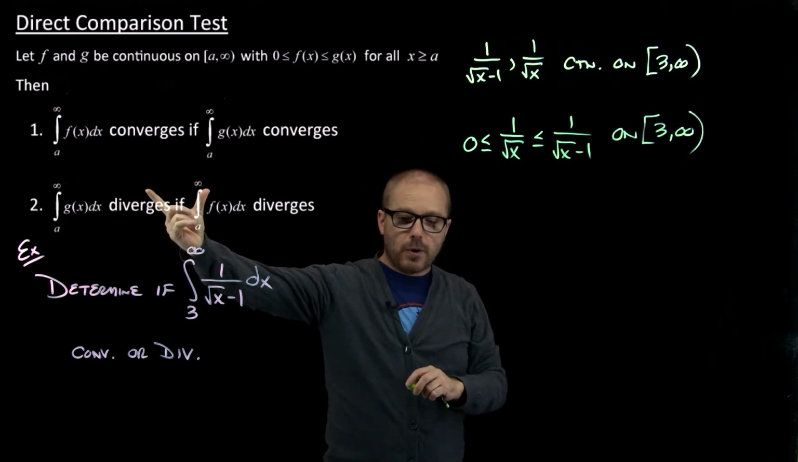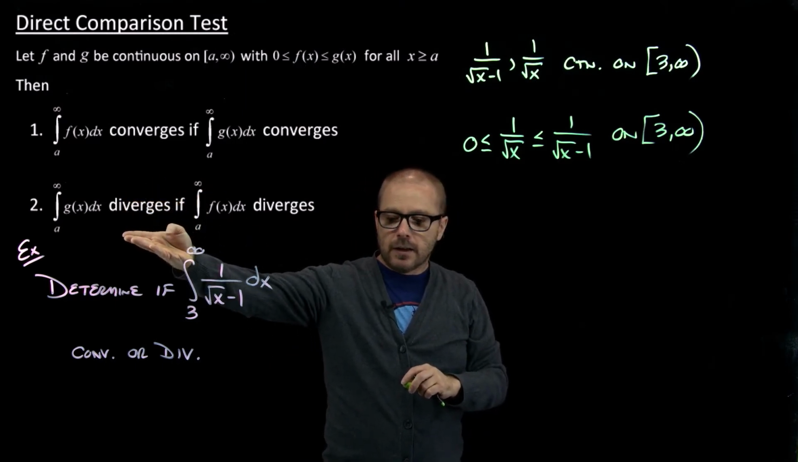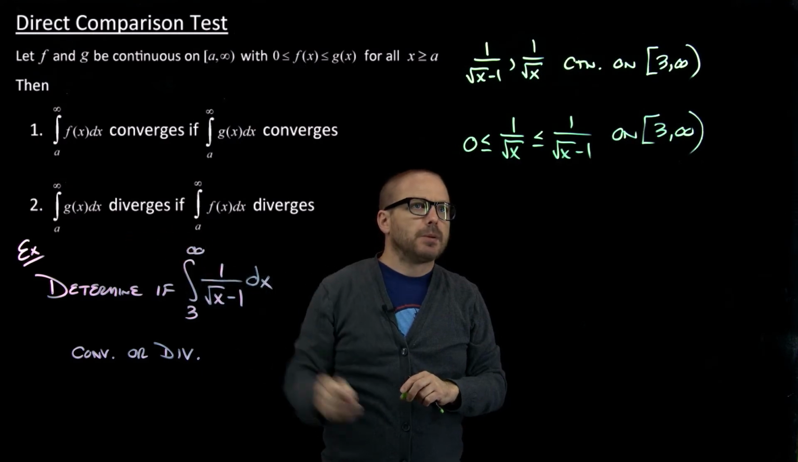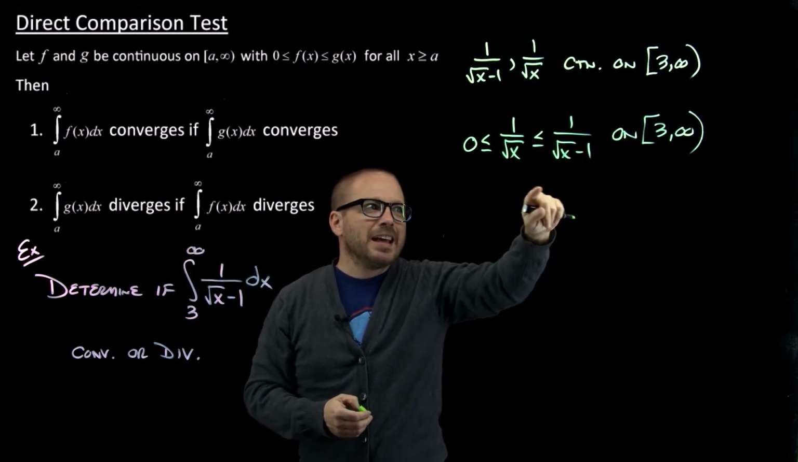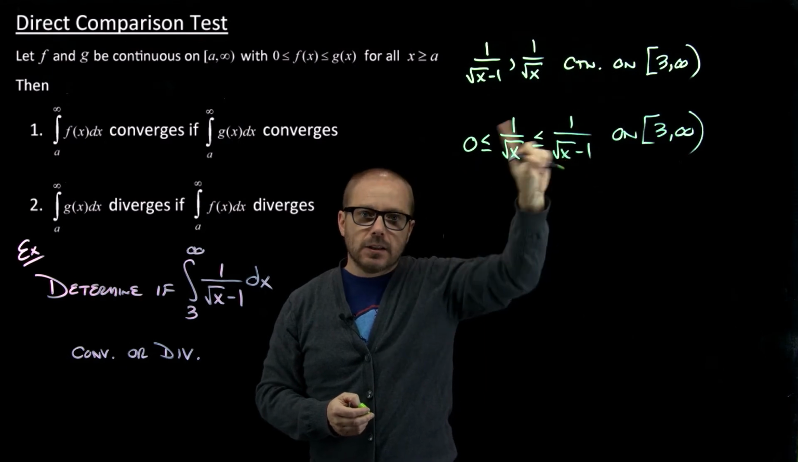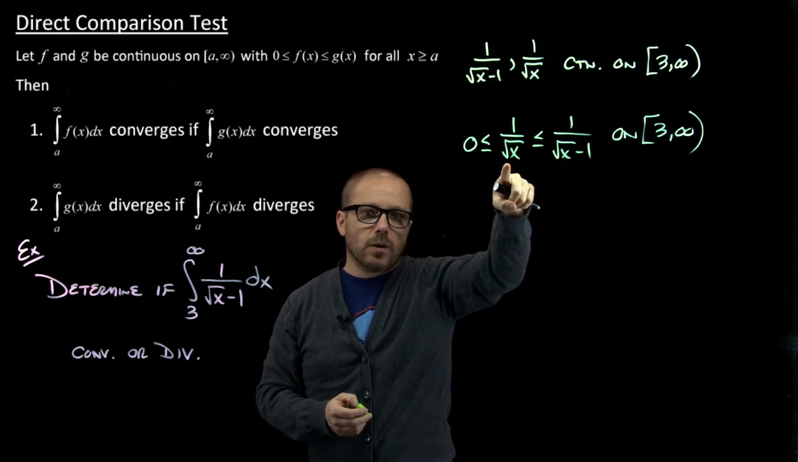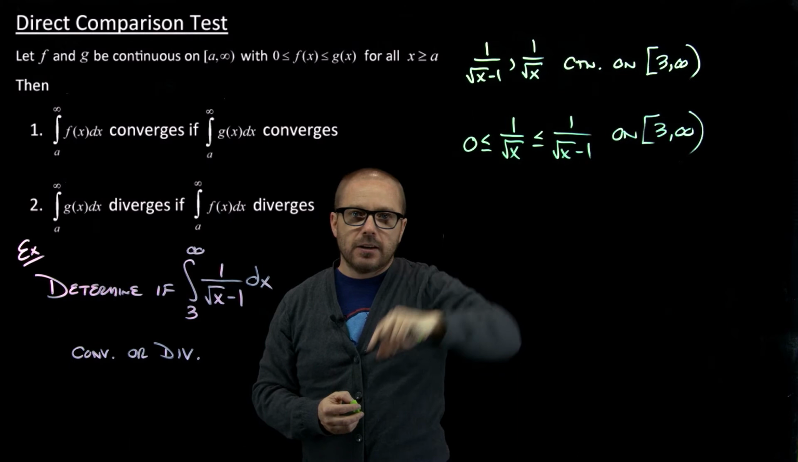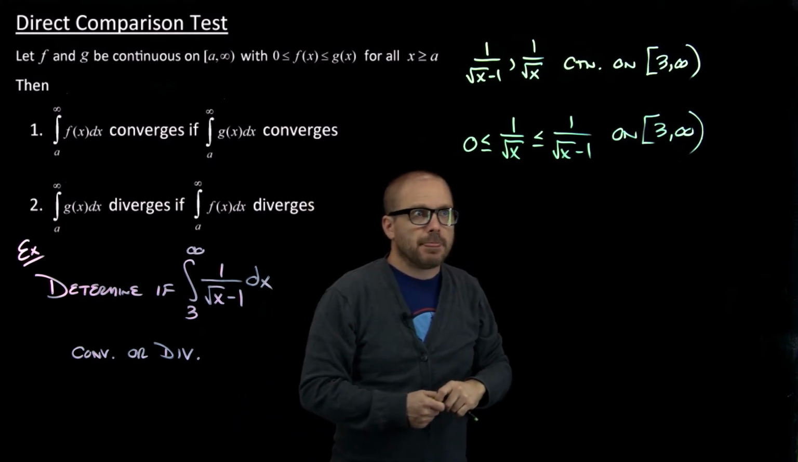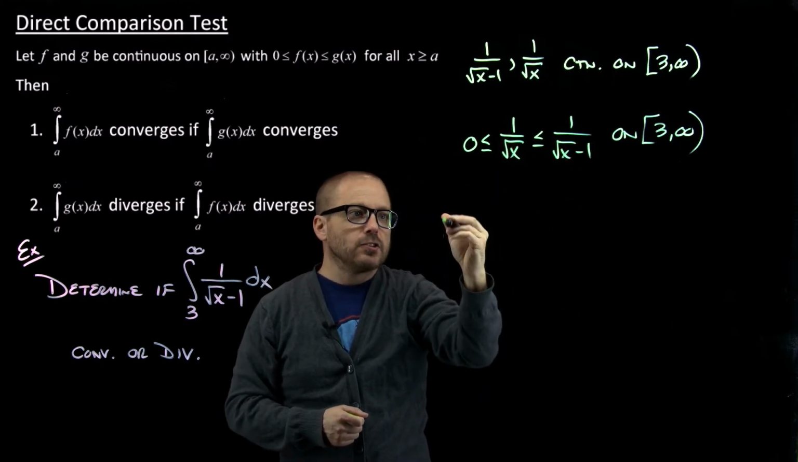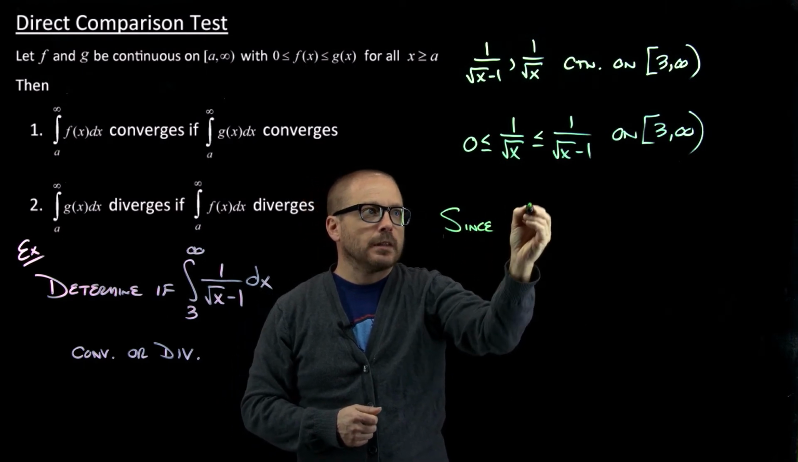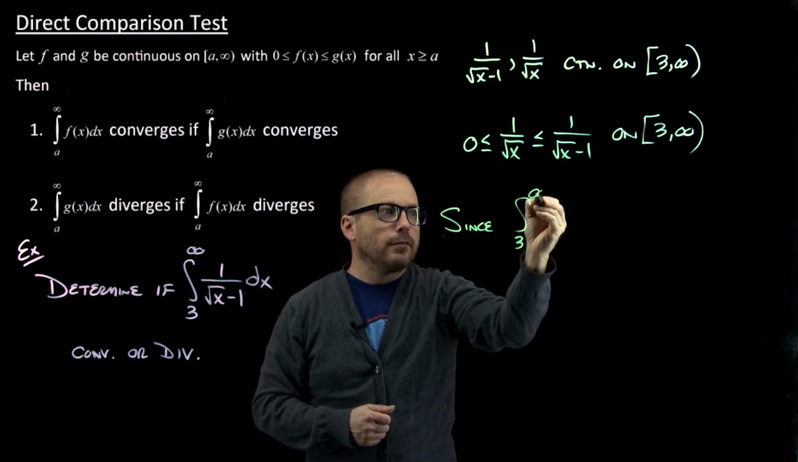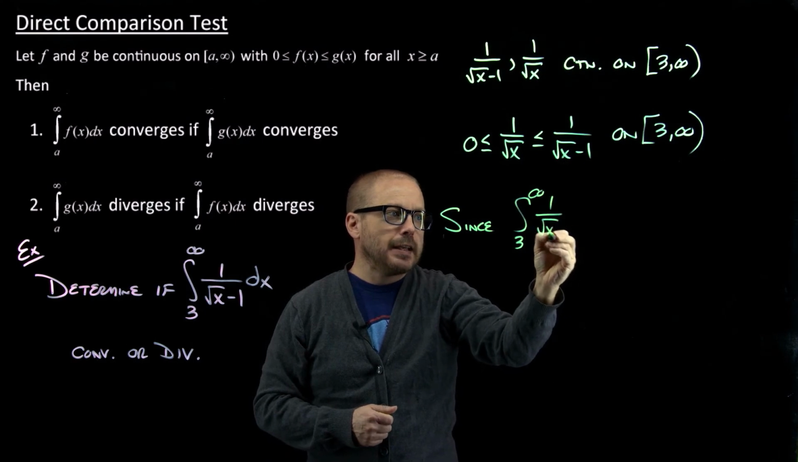We're actually going to use part 2 now here, about divergence, right? Because what have we just shown? That these two guys are both continuous, and the one we're interested in is larger than 1 over root x, and that integral we know diverges. So we're bigger than a divergent. So since the integral from 3 to infinity of 1 over root x dx